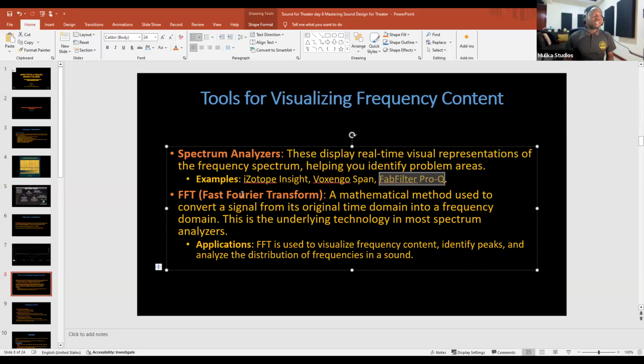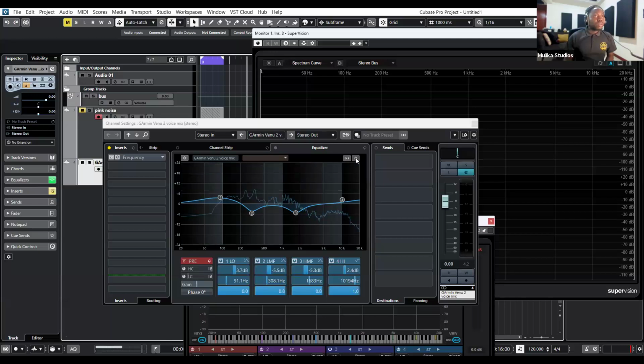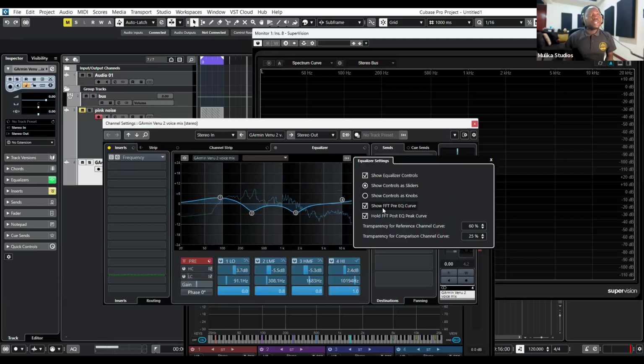Then FFT, some equalizers will have, especially with live sound, you'll have to turn on a button of FFT to be able to visualize what you're doing with the EQ. Let me go back to Cubase. Let's say, share. So if you see here, it says show FFT curve. If I remove this curve,